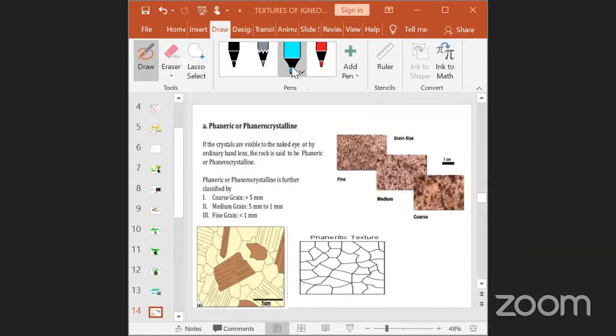So first one, you see phaneritic or phanerocrystalline, right? If the crystals are visible to the naked eye, or by an ordinary hand lens, the rock is said to be phaneritic or phanerocrystalline, right? So phaneritic textured rocks are